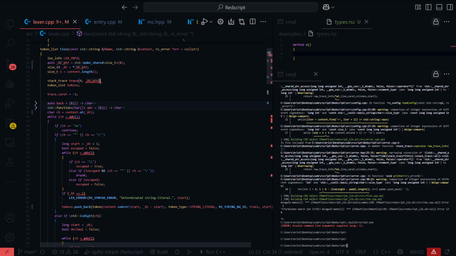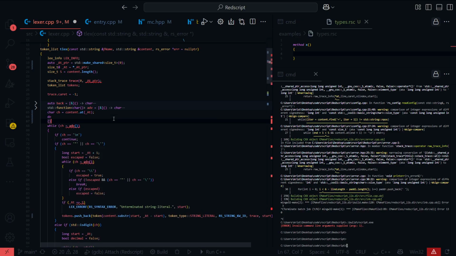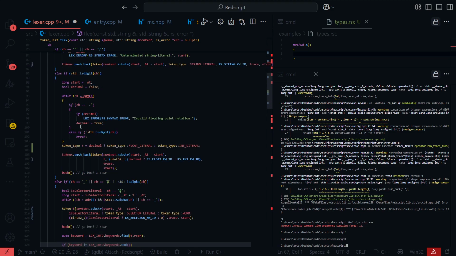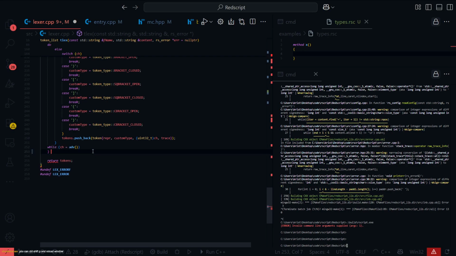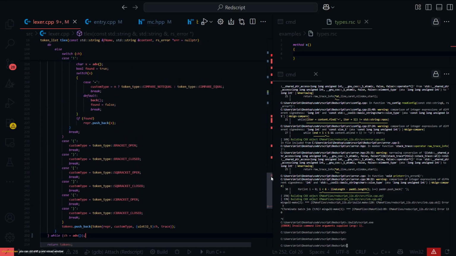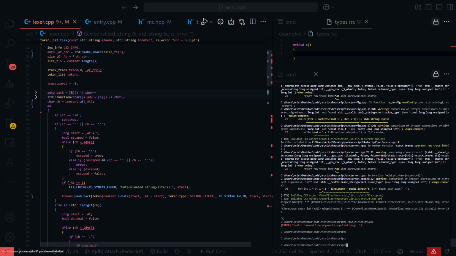Oh my god, this is why I hate it, because it doesn't update in real time. So there's a logic error now where it's going to skip the first character. So we should just do a do while here. Do, and then take the while, but at the very end. There we go. That should be fine. Some other errors, yeah, it's all size_t now, so it should be fine.